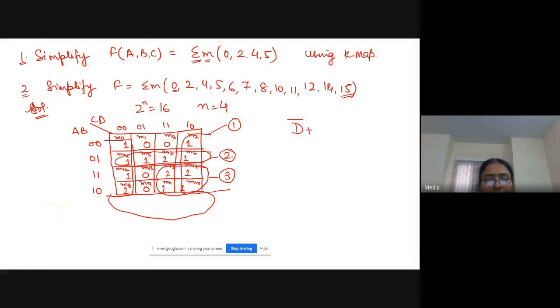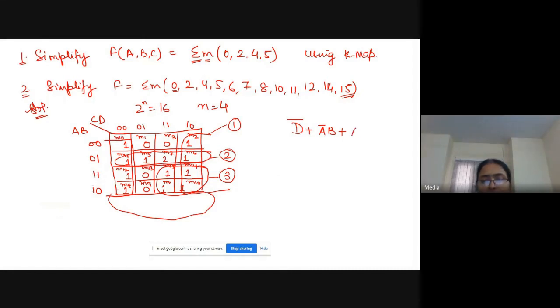Plus for number 2, one quad is there. In the CD term, it is varying from 00, 01, 11. But AB is the same or common to all, that is A bar B. For the third quad, in the AB term, A is common, B is changing.